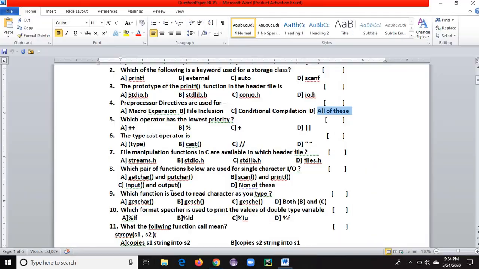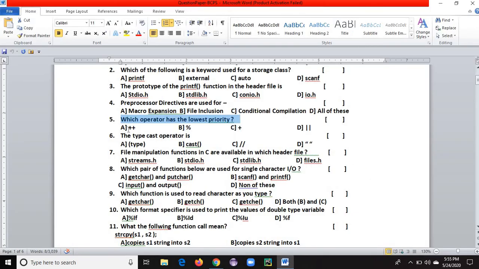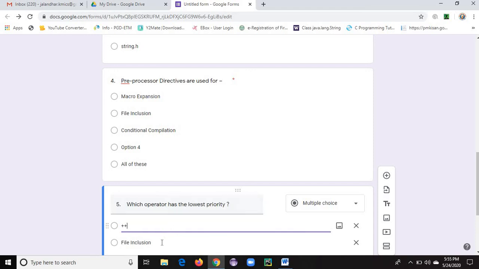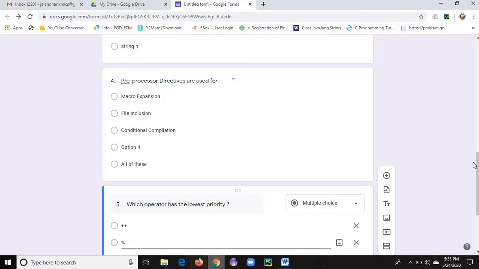The fifth question: which is the lowest priority operator? Now here, this one, okay, next one like this, okay.